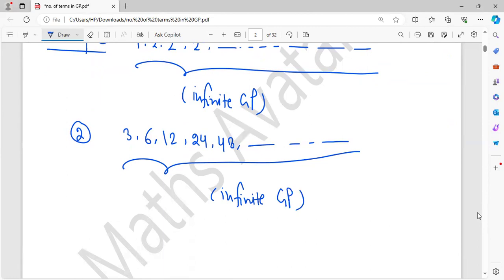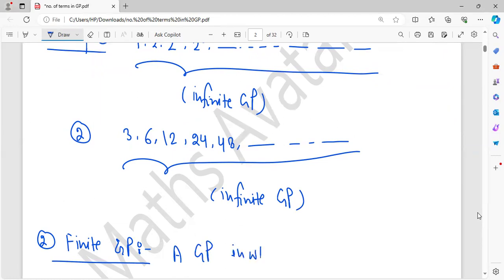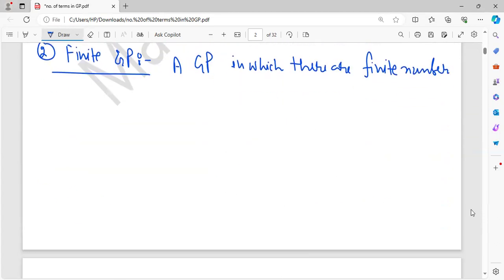So what is finite GP? A GP in which there are finite numbers of terms is called finite GP. For example,